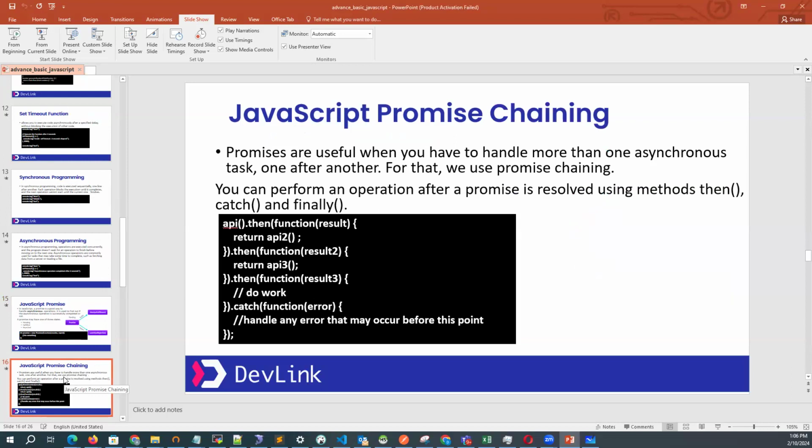Okay, so JavaScript promise chaining. This is how it looks like. There are sometimes that you can take the result from a promise into another promise, into another promise, into another promise. For example, let's say now I want to go to the hospital, and then from the hospital, I want to go to the market. From the market, I want to go to the hospital. From office, I want to go to the,